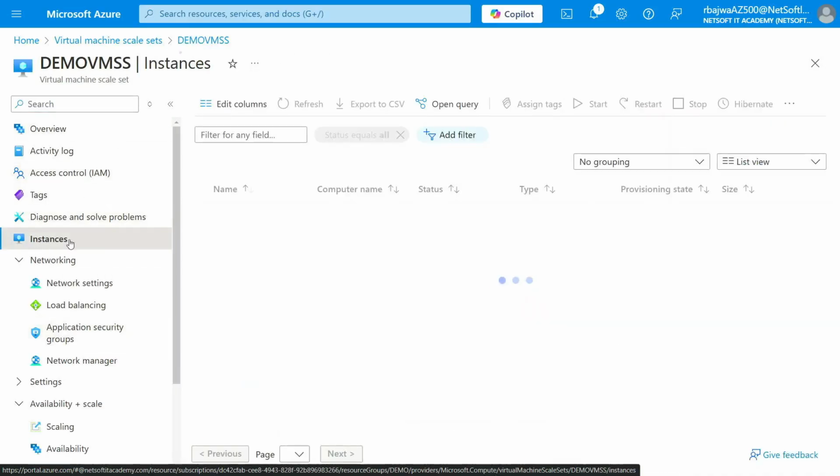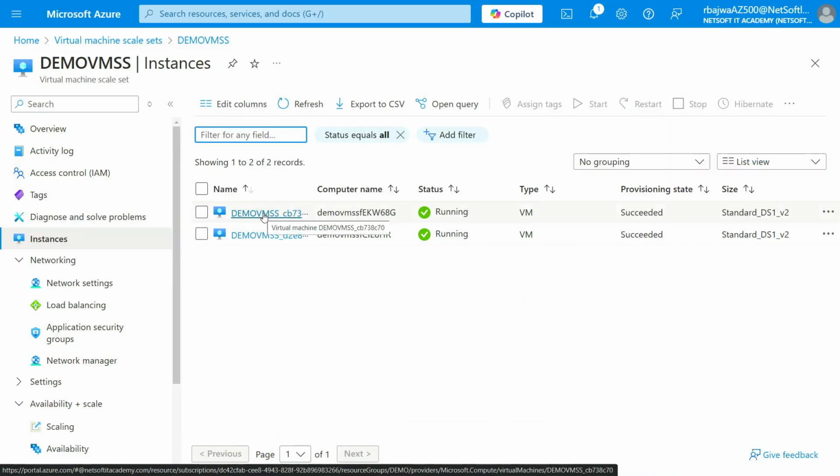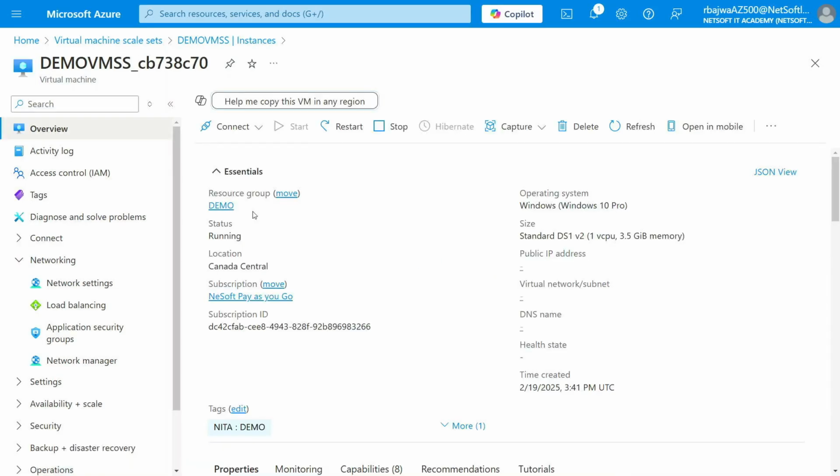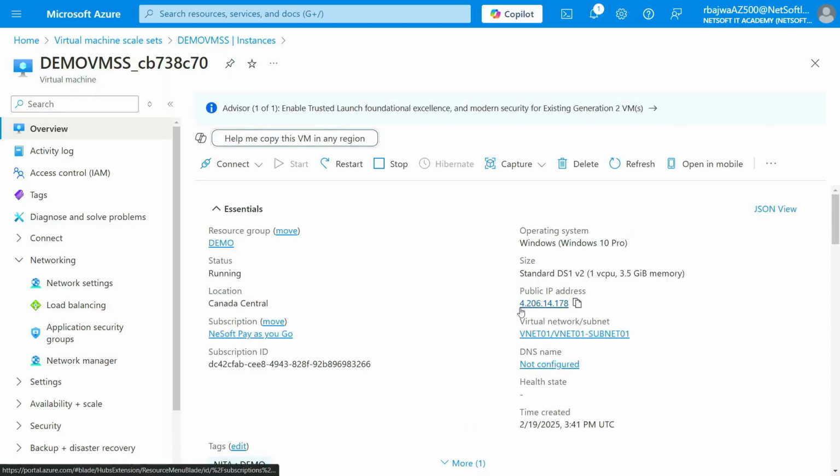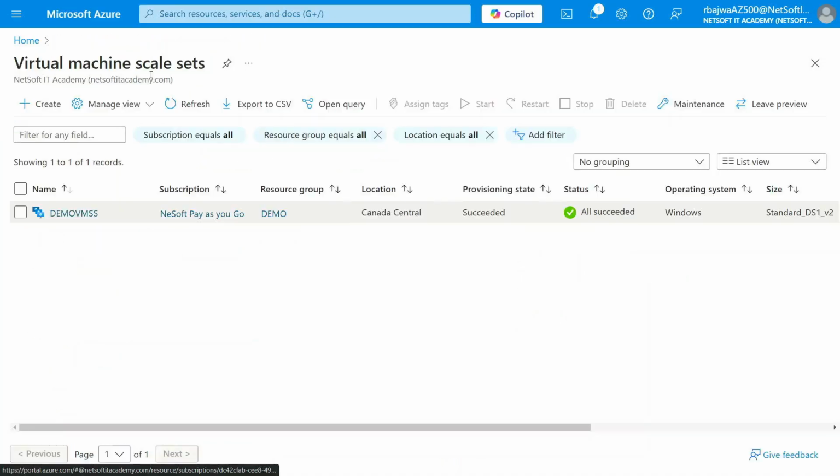If you see the instances, I have two running. So if I go here, and I click on the machine and I go to public IP that is 4.206.14.178. So that is the public IP of the first machine. But if we move back to another instance,